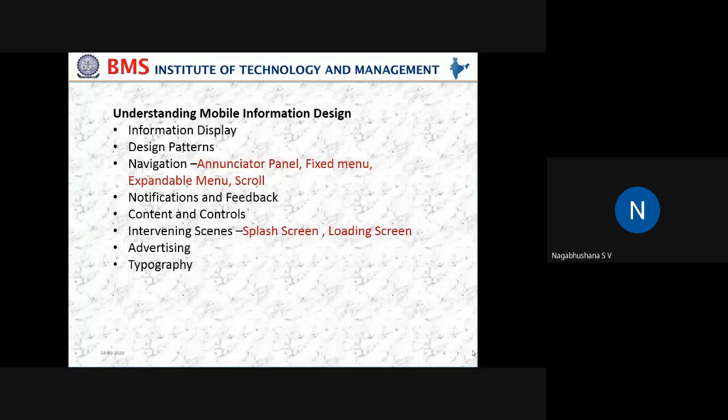The next concept is all about notifications and feedback. So what are notifications? What kind of notifications would you like to have? If the user needs any new information, application creators, that is, mobile application developers, must use a notification.